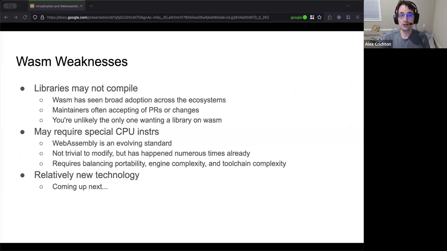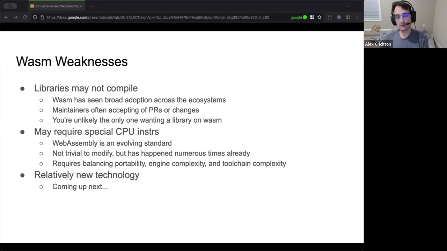But as I was saying earlier, it is highly likely that the upstream authors are very willing to take patches, and it's also relatively likely that you're not the only one interested in getting WASM support in a library upstream. That's derivative of the fact that WebAssembly is a formal standard by a large number of people. It's not just one company or one person. So that really helps community support for WebAssembly, and makes this a bit easier than it otherwise might be, although it is still a roadblock to run into.